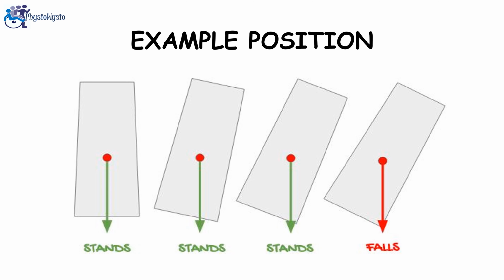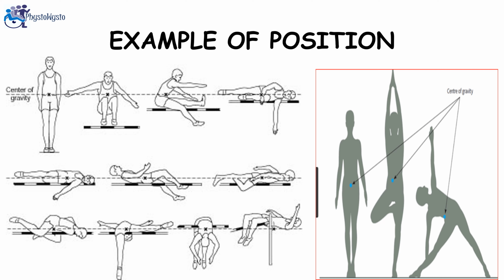Point number 2: the stability of an object is inversely proportional to the height of its center of mass above its base. For example, a book laid flat upon a table is difficult to upset as compared to one standing on a narrow end. The location of the center of gravity remains fixed as long as the body does not change shape. If an object's shape or position changes, the location of the center of gravity changes.